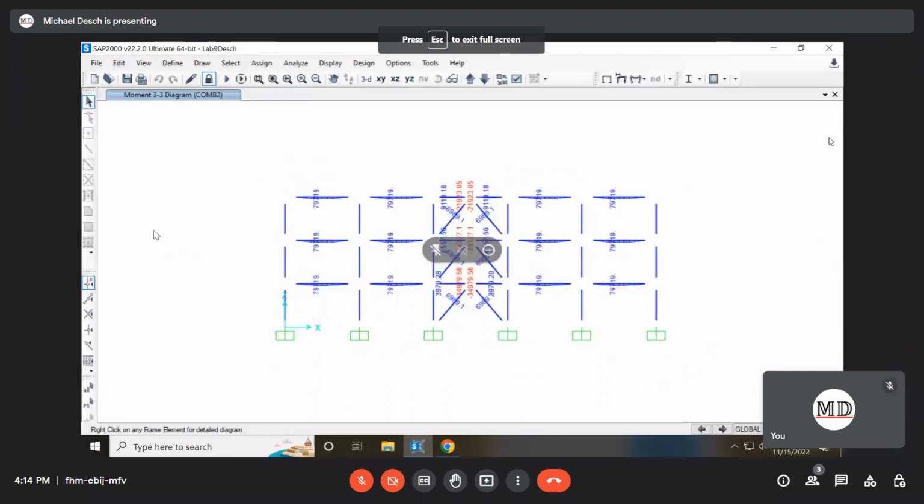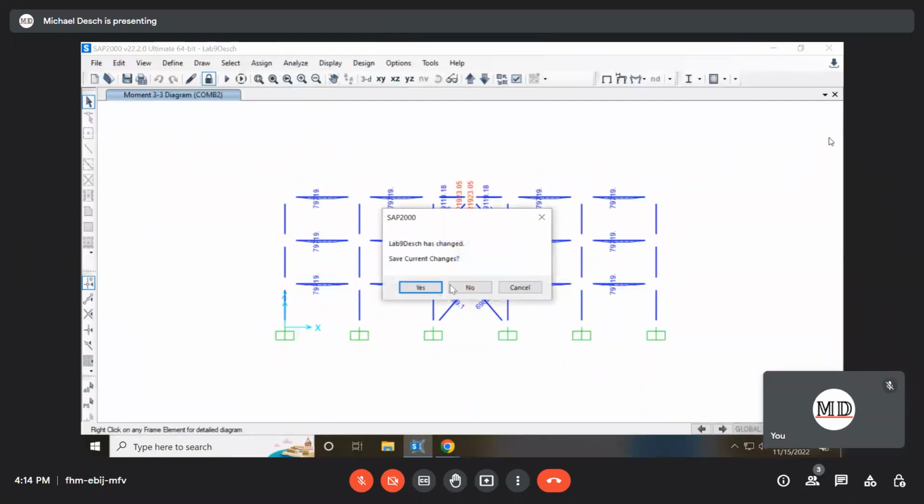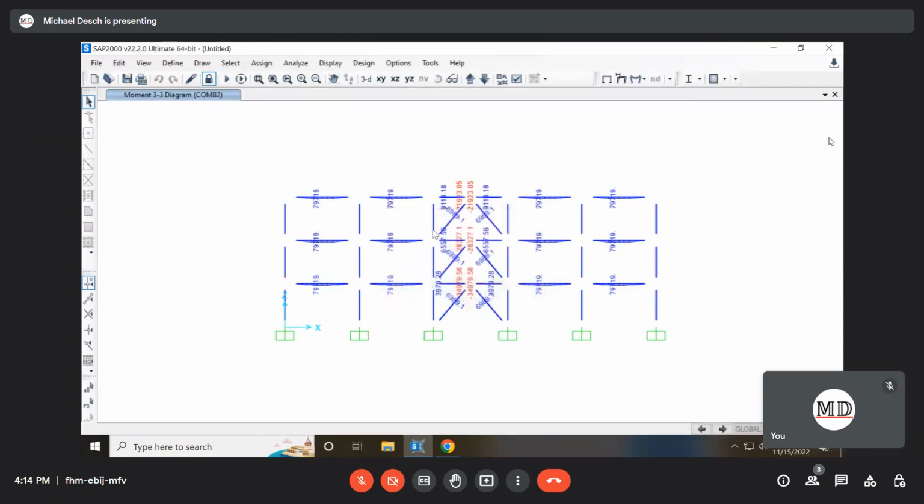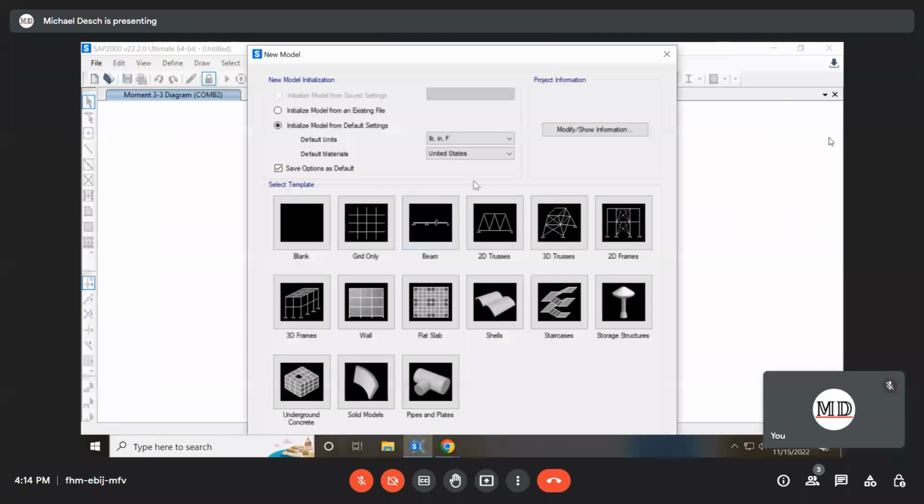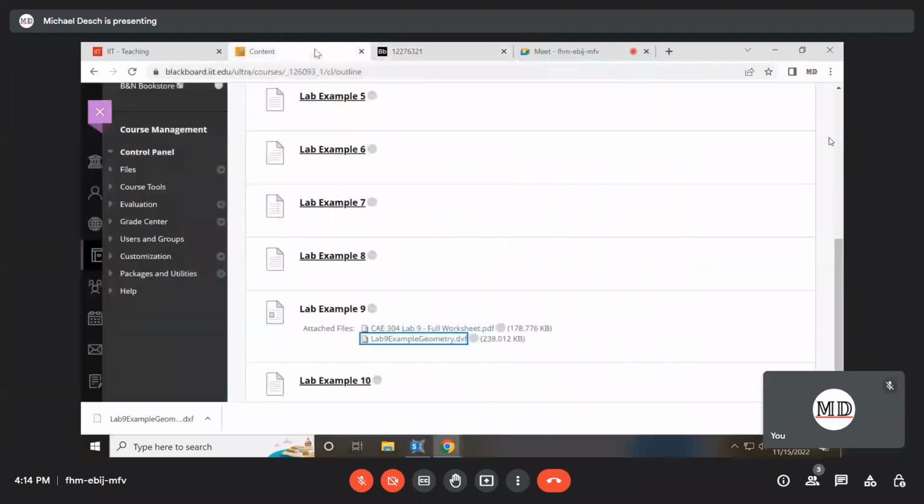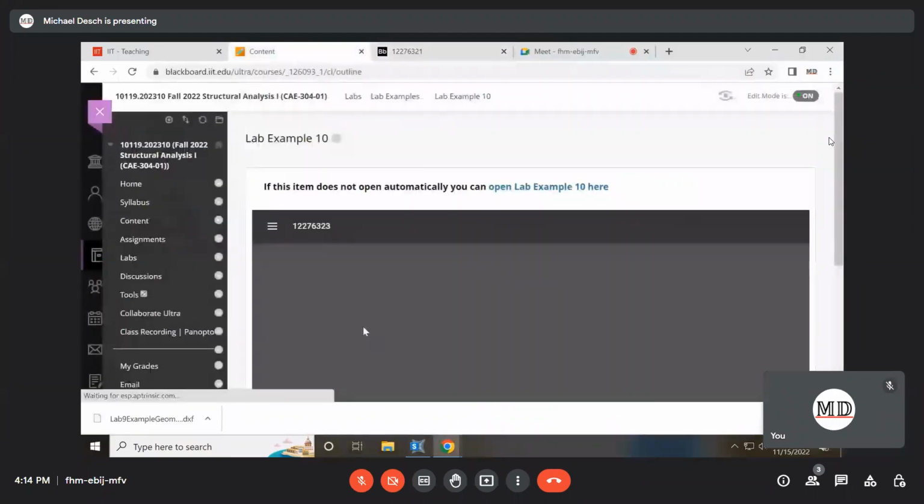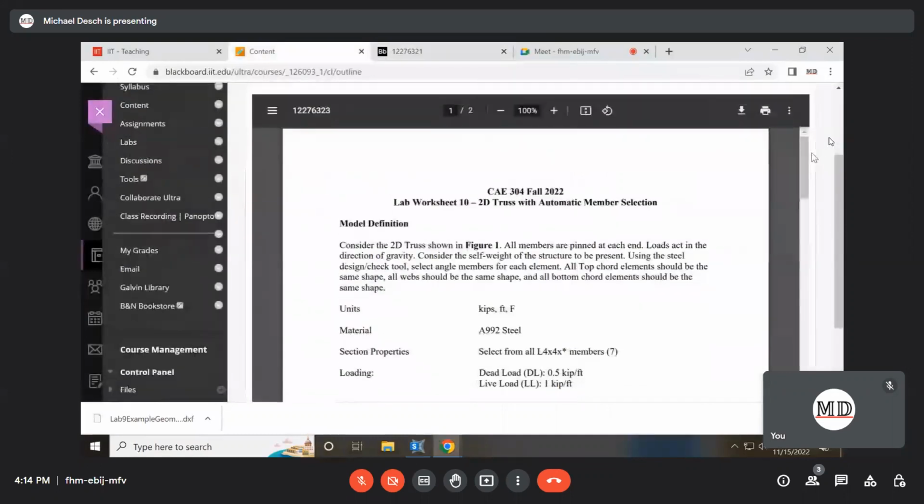Okay, so let's look at our 10th lab now. So let's go to Blackboard here. Lab 10, a bit easier than Lab 9. And what we're doing in this one is we're going to be doing a 2D truss, but this time, instead